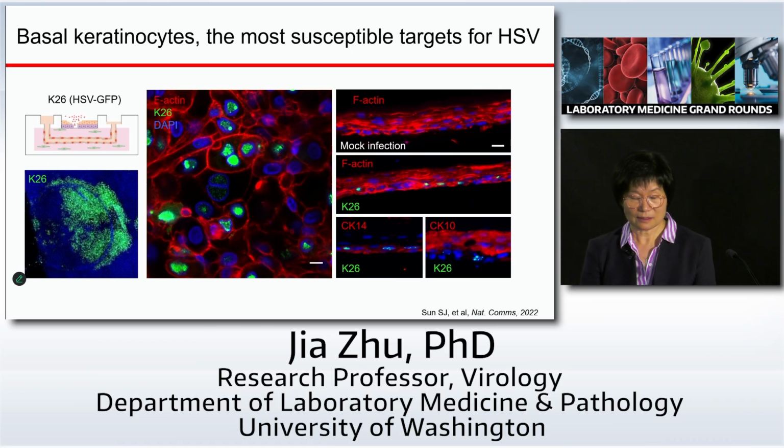So we then infect the skin chip with a GFP expression herpes. Inoculating HSV directly on top of the skin results in no infection. This indicates our stratified epidermis has a barrier function. So we have to use a mechanical punch to create a physical disruption to allow virus to have access to the susceptible cells. And we found that infection mainly occurs near the tissue